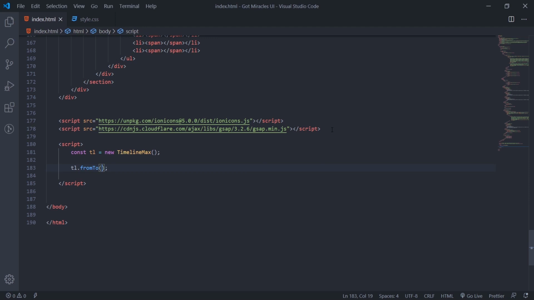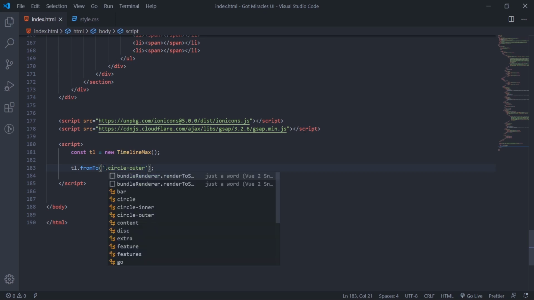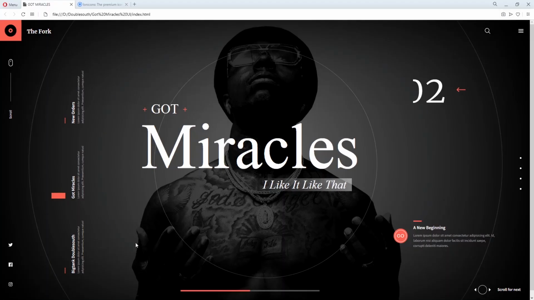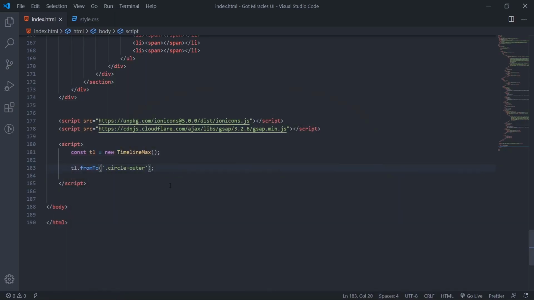Inside this place, we'll target the circle outer. I'll put a dot here so that it sees the class. This main circle is the first one I want to target. Then I'll set the time it takes to animate fully, I'll just set it to 1 second here.